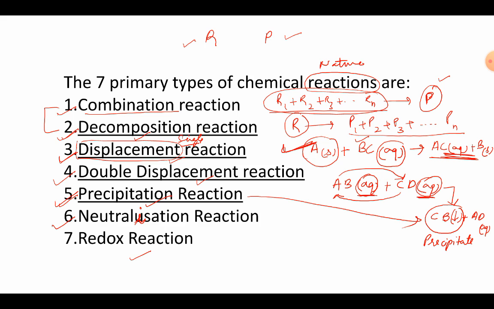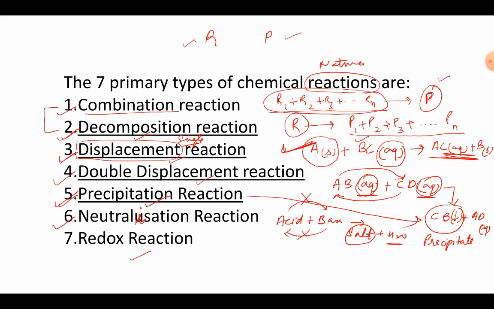Then moving on to neutralization reaction. Now neutralization means to make something neutral. And how do we make something neutral? When two things cancel the effect of each other. So neutralization reaction is actually the reaction of an acid with a base to form salt and water, right? Now why do we call it neutralization? Because in this reaction, acid tries to cancel the effect of base and base tries to cancel the effect of acid. So we call it a neutralization reaction. The product formed will always be some salt and water. So we'll discuss it in detail when we will be doing it.